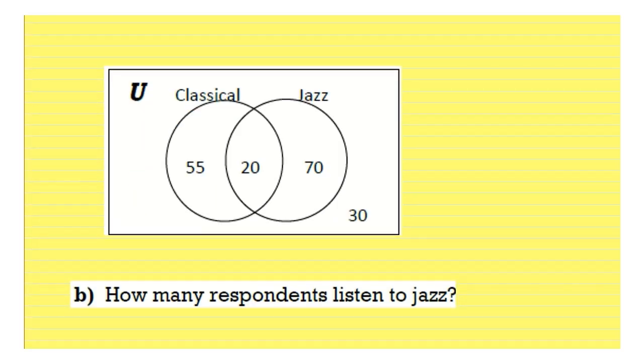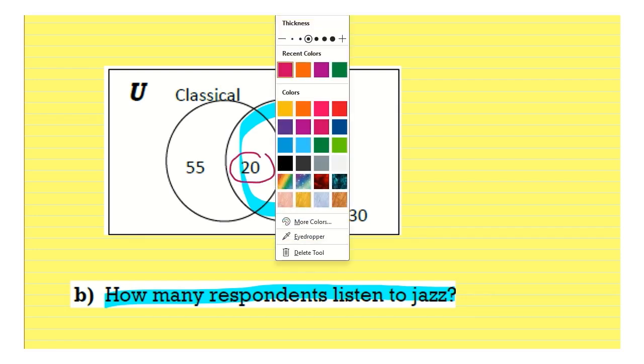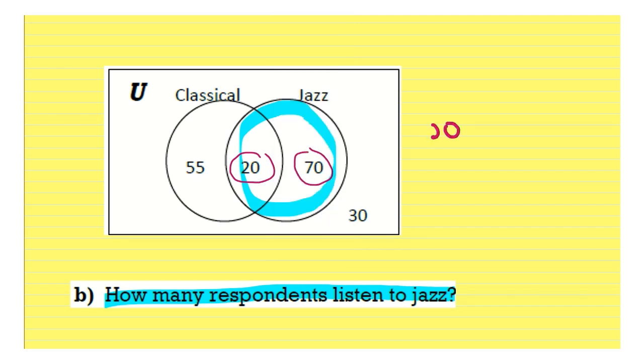Okay, the next question says, how many respondents listen to jazz music? So again, we only have to look inside the jazz circle, and we have two numbers. We have 20 plus 70, and that means that 20 plus 70 people listen to jazz music. So that is equal to 90. Okay, our next question